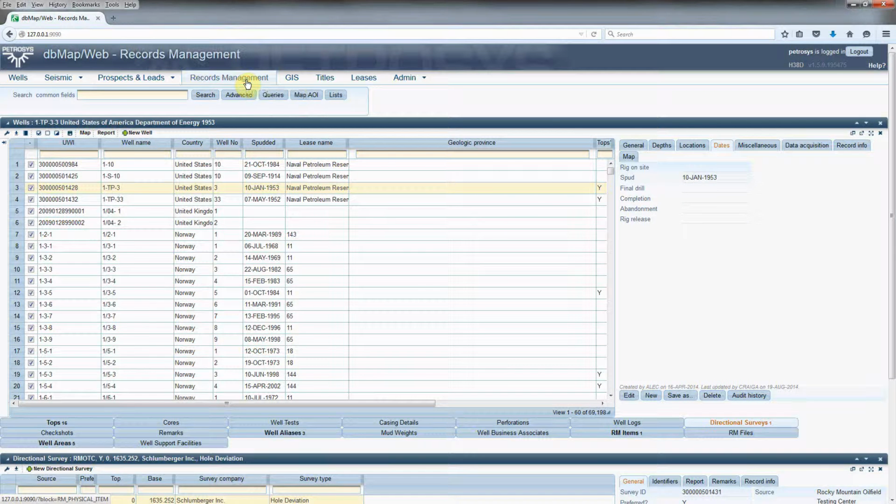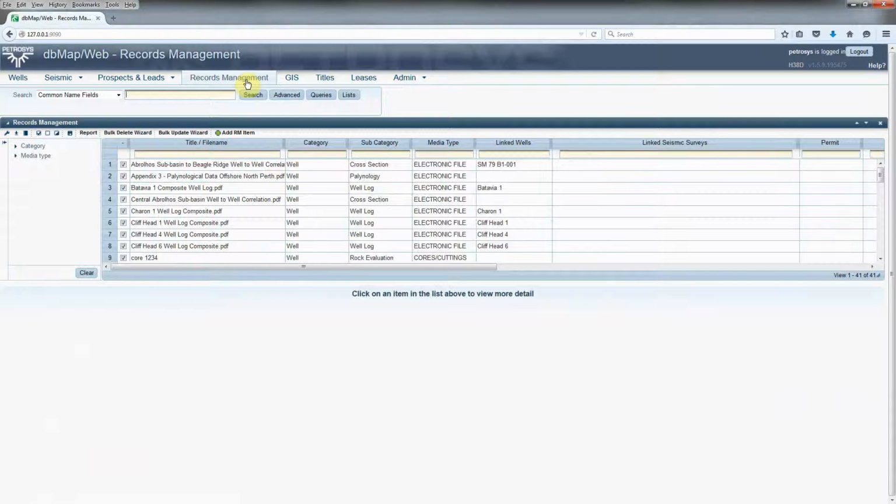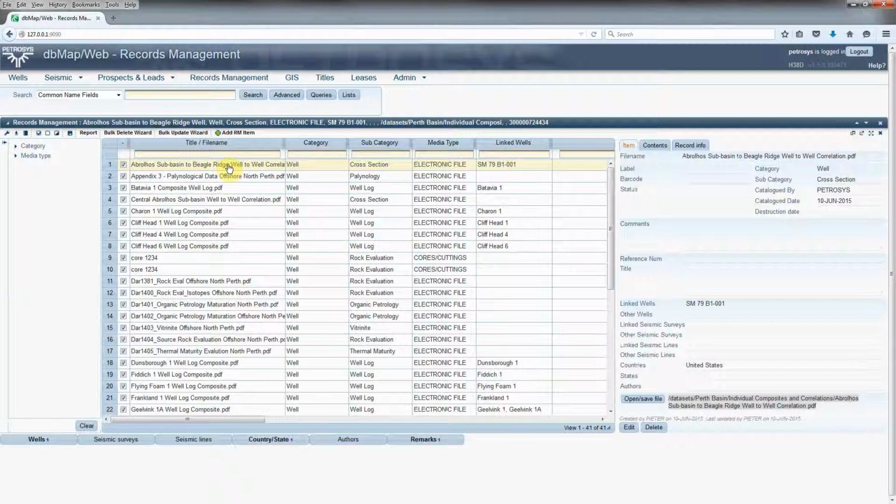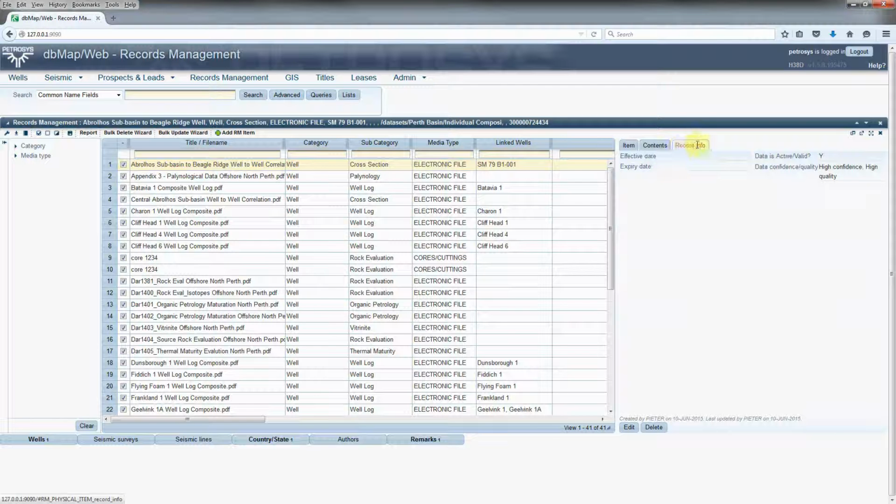If I go to the records management button here, that takes me to the records management area of the system. And again, if I click on an element, it will query the database and just show me the details for that element over here on the right. Now, one of the interesting things about records management information is the information about the record itself. In other words, who created this? Who has edited it? Whenever we're doing anything with the database, or if we're editing anything in the database,